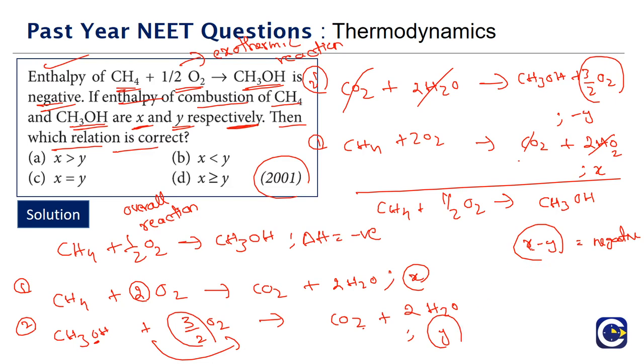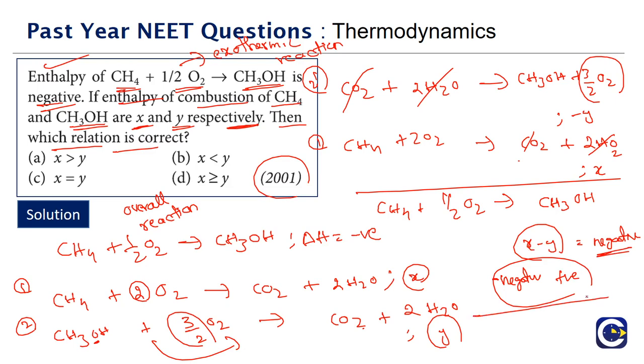Now look at this. X is already negative. We are putting minus Y. It will be minus of minus, means this will be positive. So overall the value is coming as negative, right? Be very careful. X is negative already. Y is also negative. So we are having X minus Y.